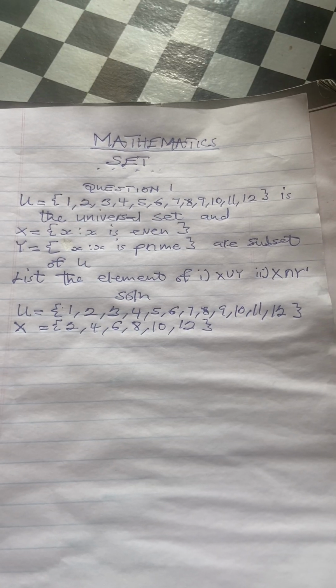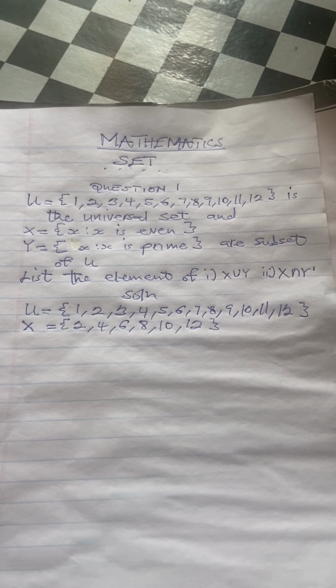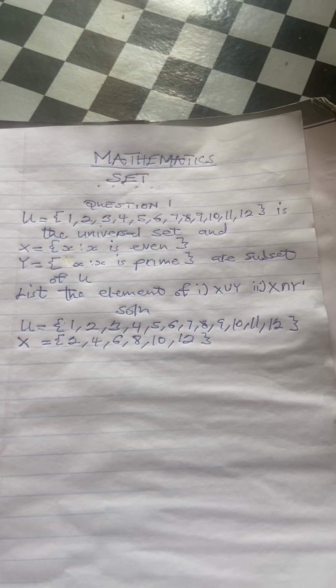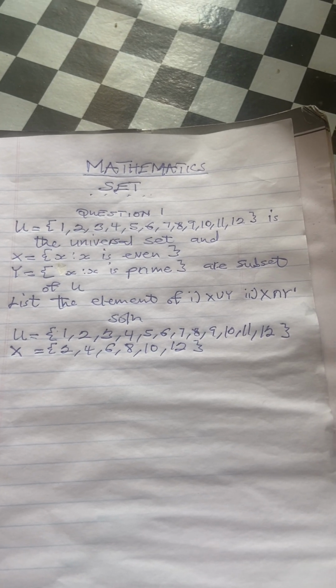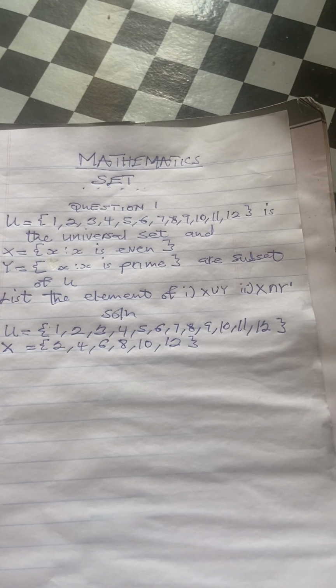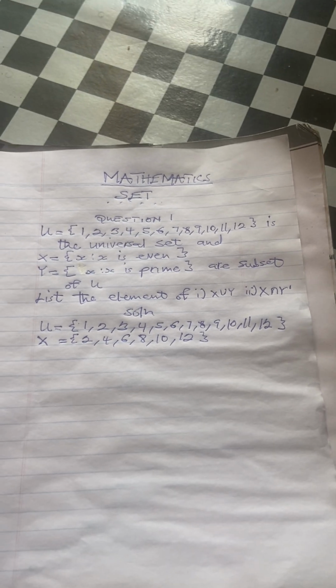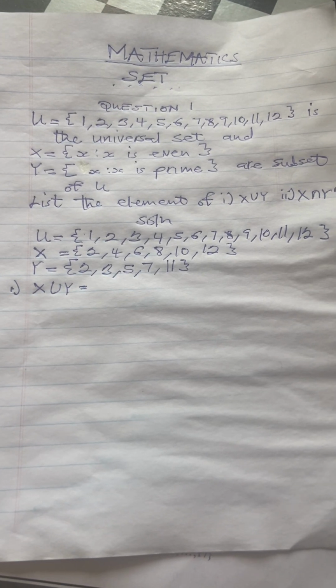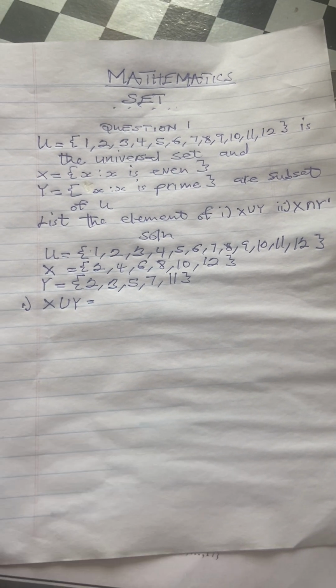Someone might ask why 1 is not part. 1 is not a prime number, it is a composite number. So you write those prime numbers, ignoring 1, because 1 is not a prime number, it is a composite number. So I see that the first question says find X union